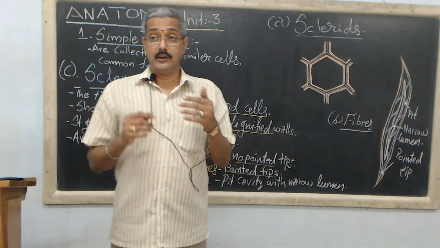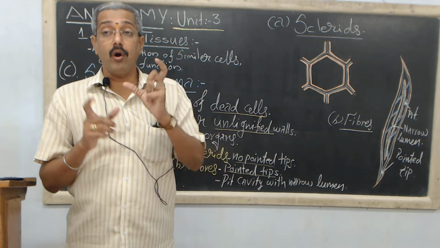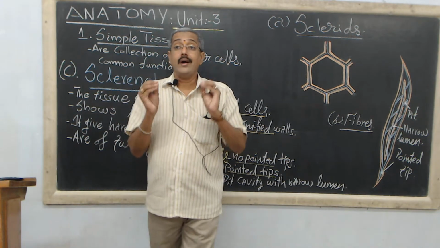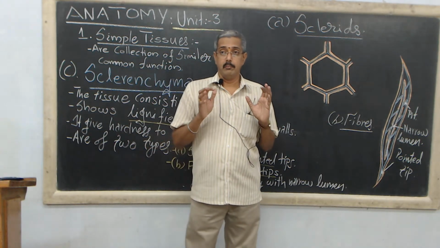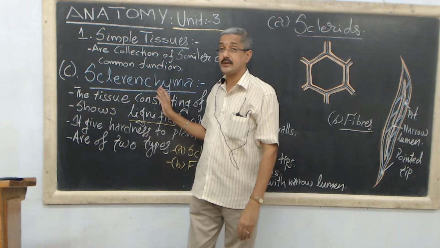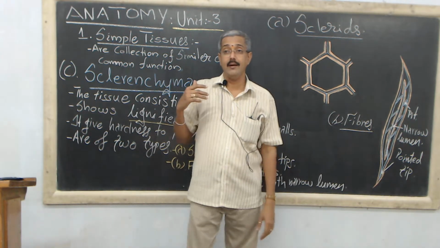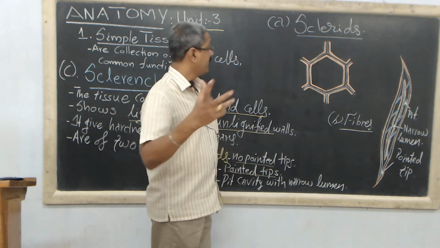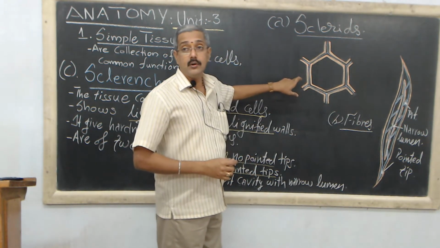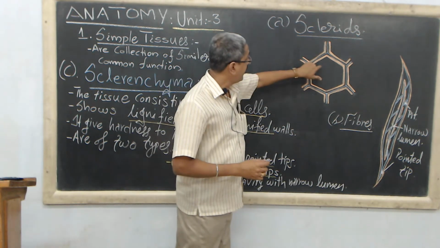The cell wall in collenchyma shows localized thickening, but in sclerenchyma, all the walls, that is inner and outer wall,